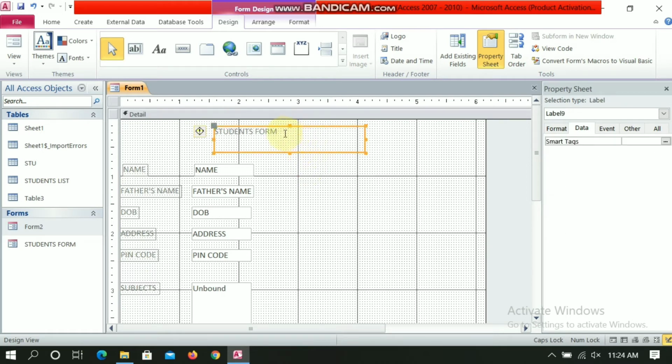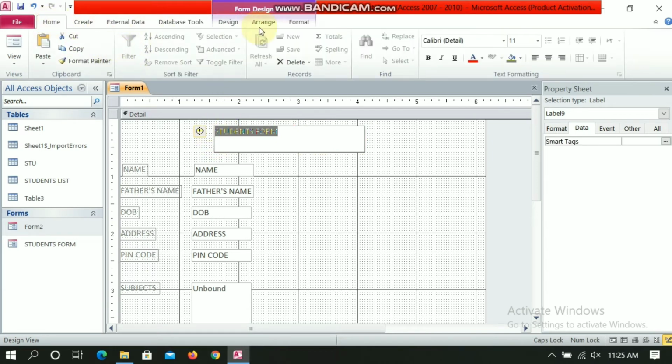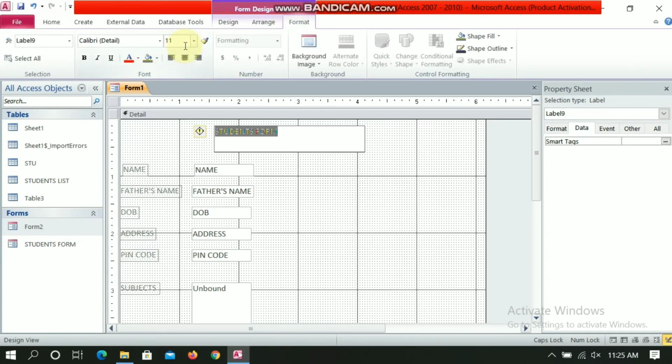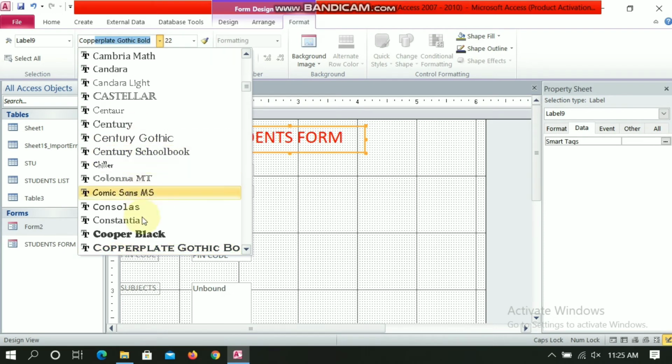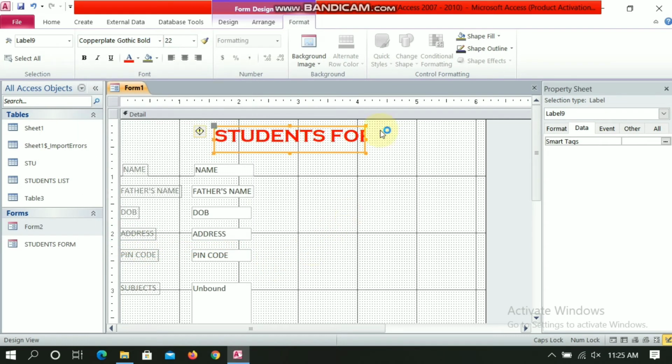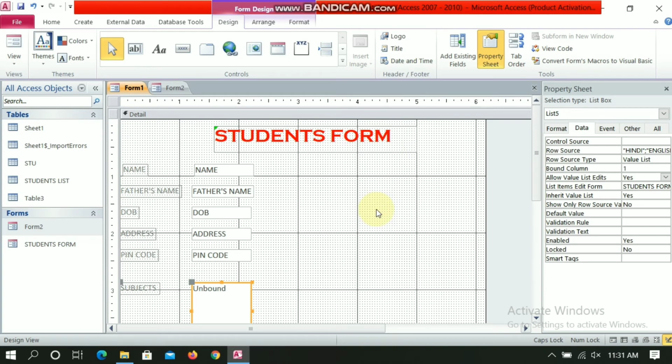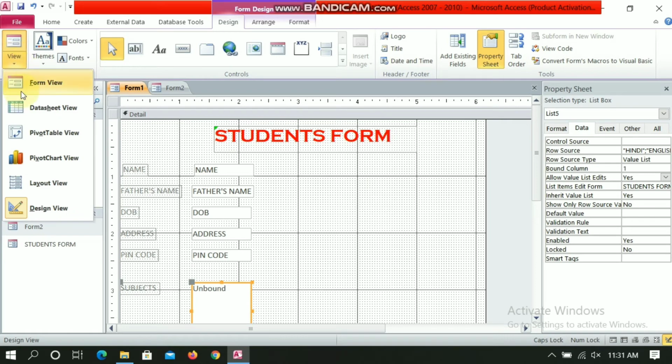You can also edit it. You can change the font size, color, and font as well, like this. So after creating this form we will view it under form view.